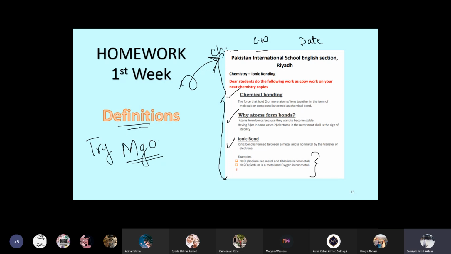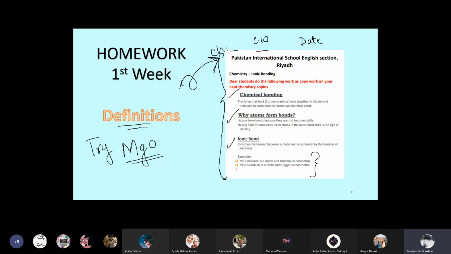This is magnesium chloride. We did sodium chloride. So what are you asking? This is not in the book. Magnesium oxide is not in the book, so I'm just giving it to you to try out, because we did the example of sodium chloride and these examples also. So just try magnesium oxide.